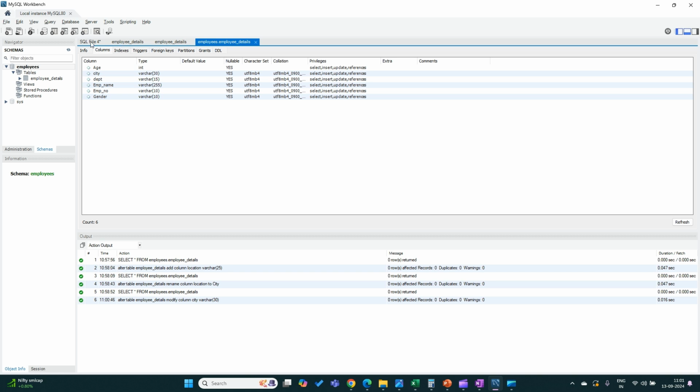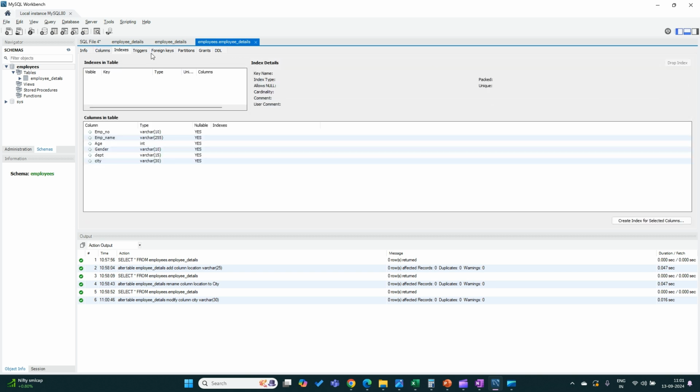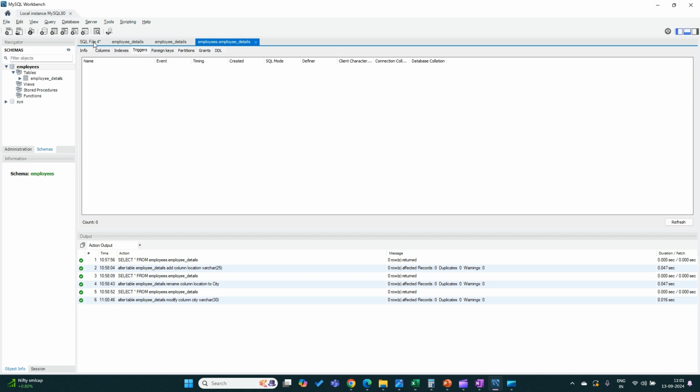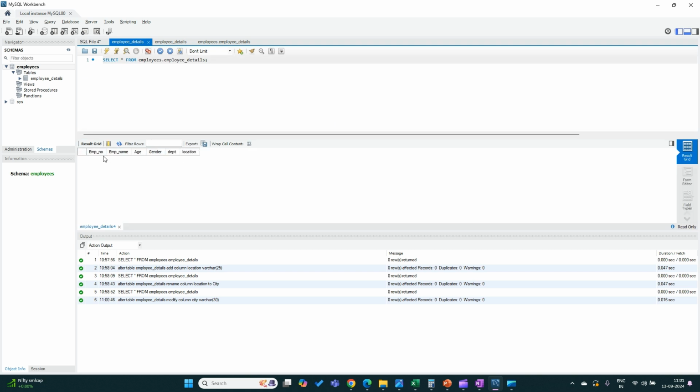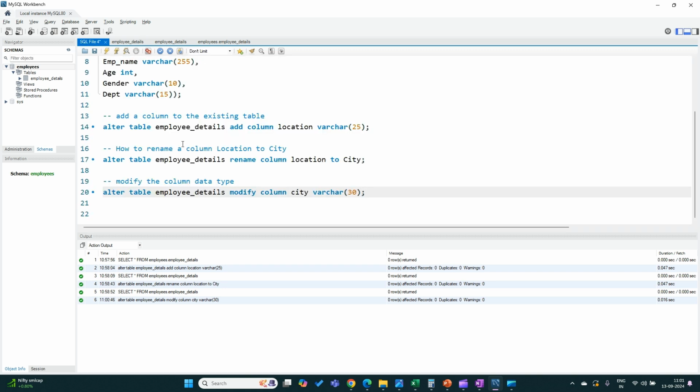All right. Now this is how you can find out the complete information of a table. So you can check out indexes, foreign keys, everything. All right. Now this is how you can modify a column as well. Now in this, out of all the given table, so if you see we have totally 6 columns. I wanted to delete one of the columns. Say for example, I wanted to delete the gender column of this table. So for this also the code lies with the alter command, to delete a